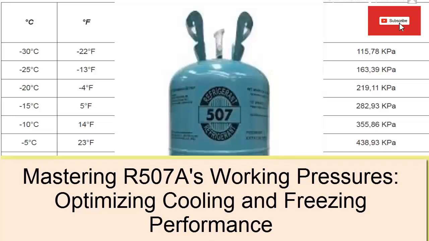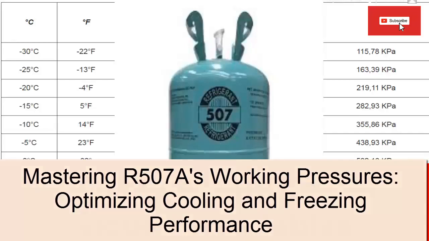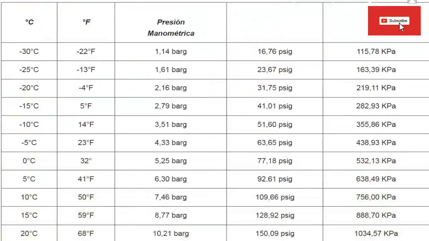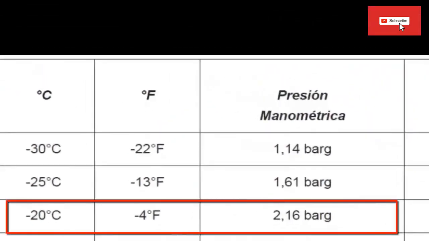In this class 45 of our intermediate level refrigeration and air conditioning course, we are going to see the gauge pressures of the R507 refrigerant gas, its characteristics and substitute gases. The most used R507A refrigerant gas pressures are: